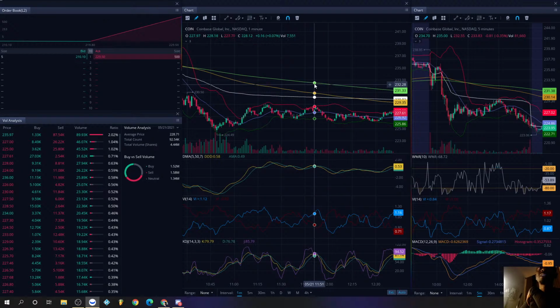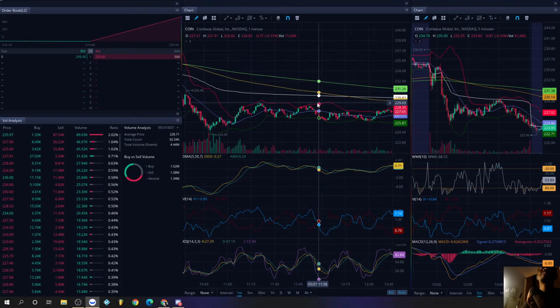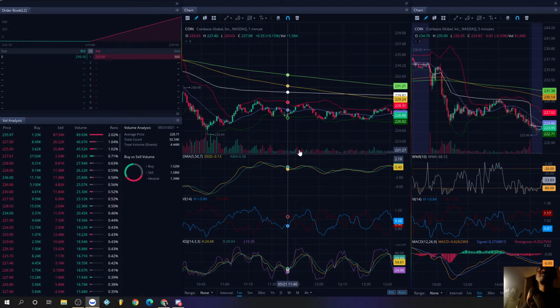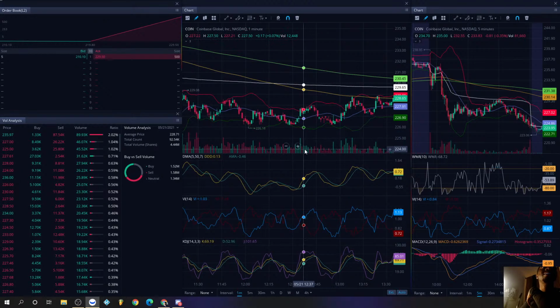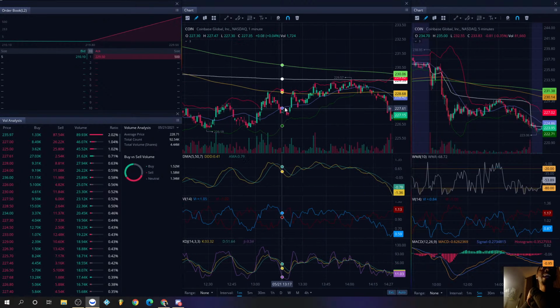the 200 and the 400 all together here. That's going to be tough to get past on a downward moving day with no conviction here in the volume for those buyers. I mean, where are the buyers? They're nowhere to be found. They start popping up around here, but even now your VWAP, it's going to be hard to get back to that VWAP after the 200 cross because it has to hit the 200 before it even gets to the VWAP. So you see all that happening here.